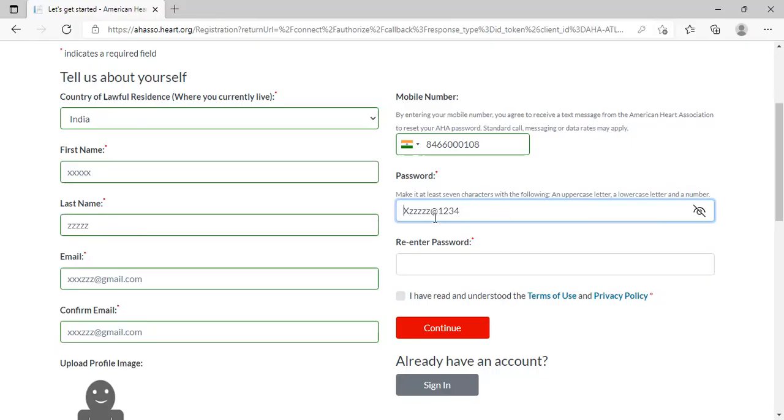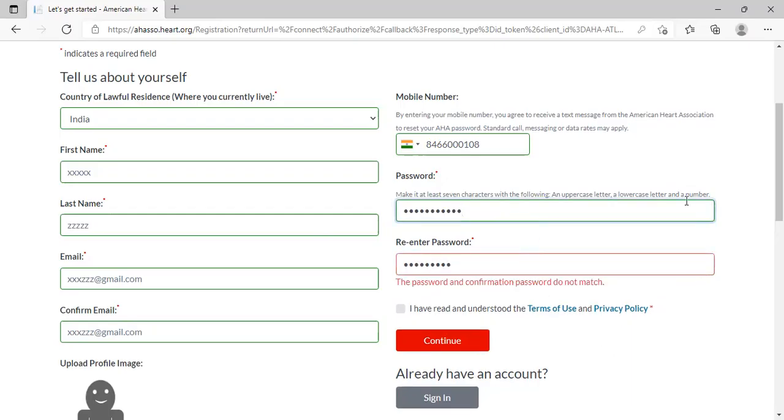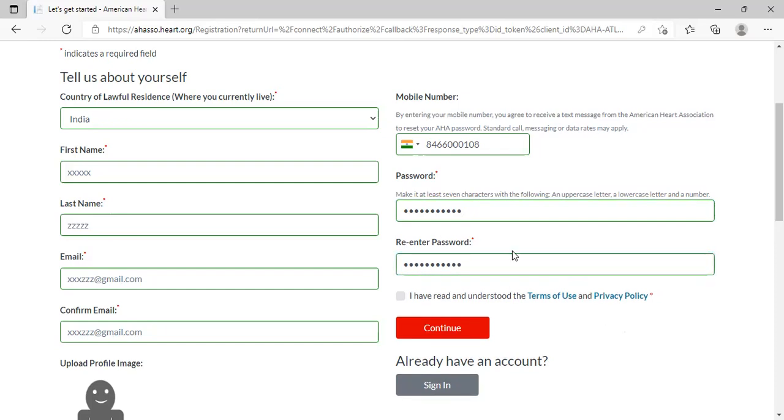One is a capital letter and the rest is small letters, and it should be at least 8 characters with a number. We have to type the same thing again here. It matched. So you have to enter the password here, and re-enter the password here.